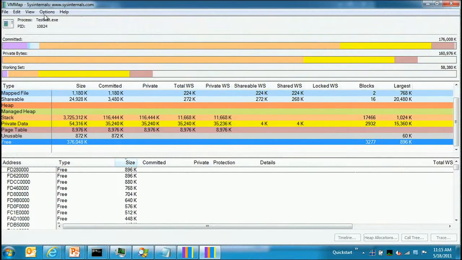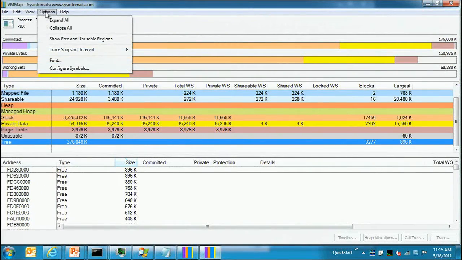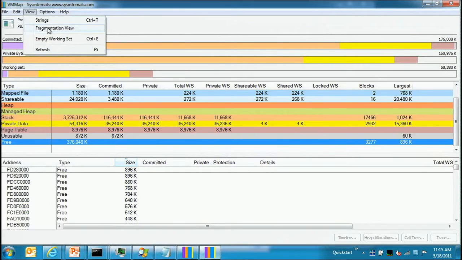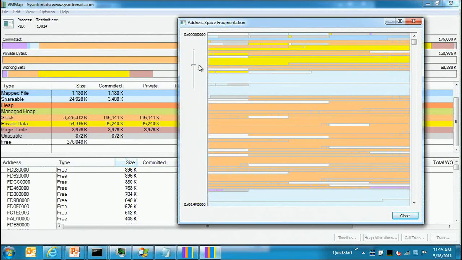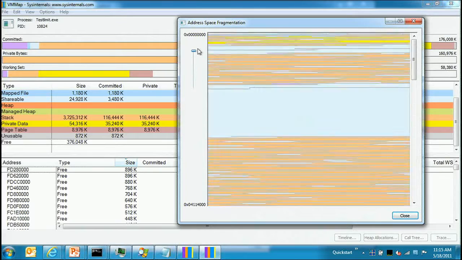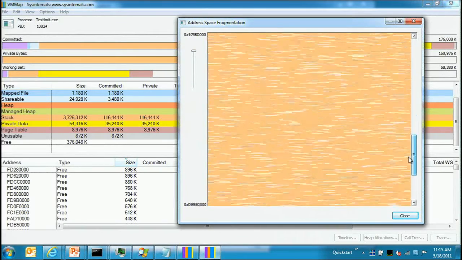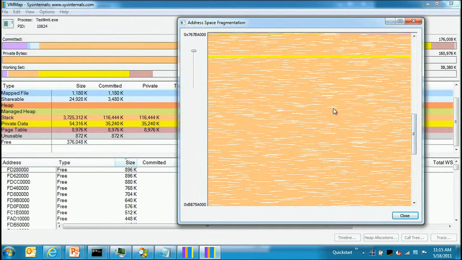And if we go to something called the fragmentation view, we can actually see this very graphically. So this is the address space. Let me zoom all the way out. And you can see there's lots of little tiny slices of white. And if I zoom in now